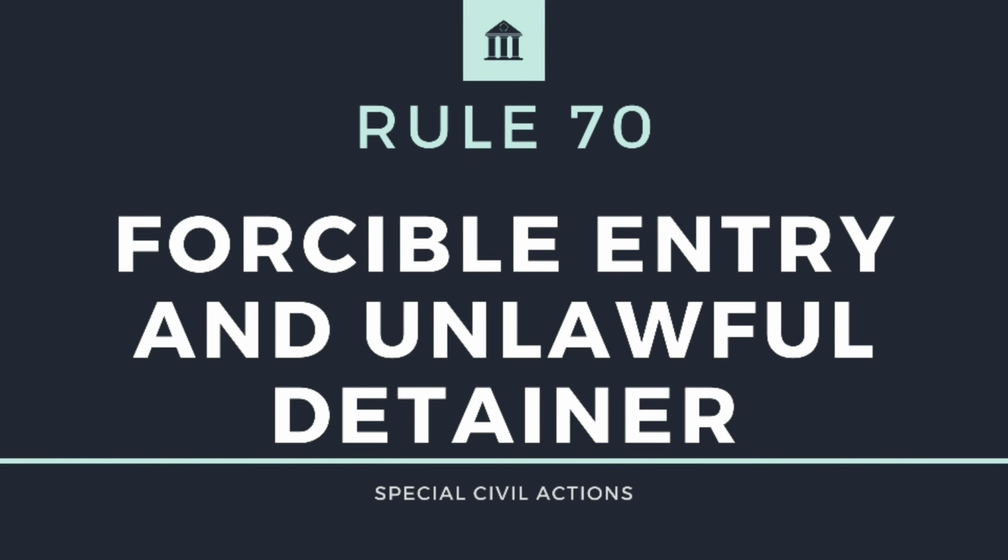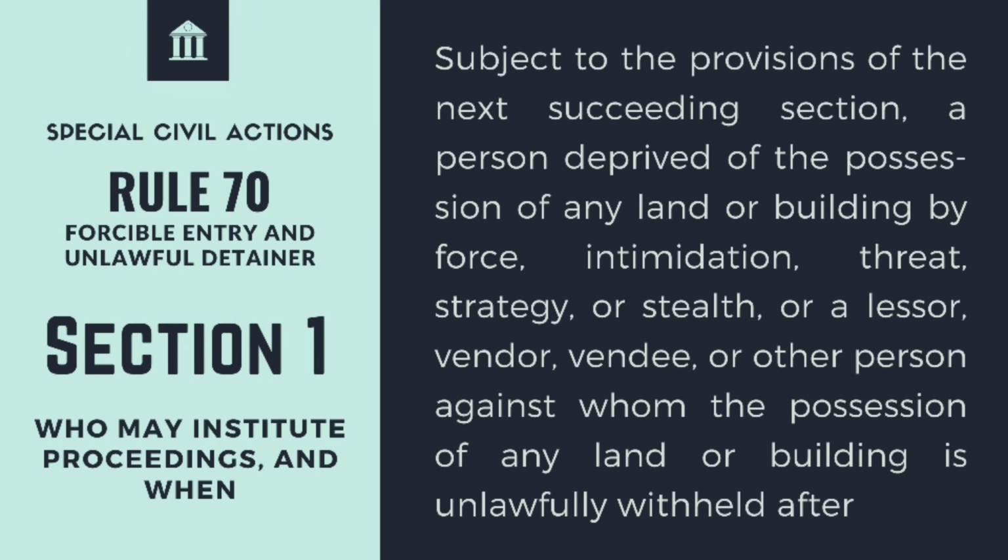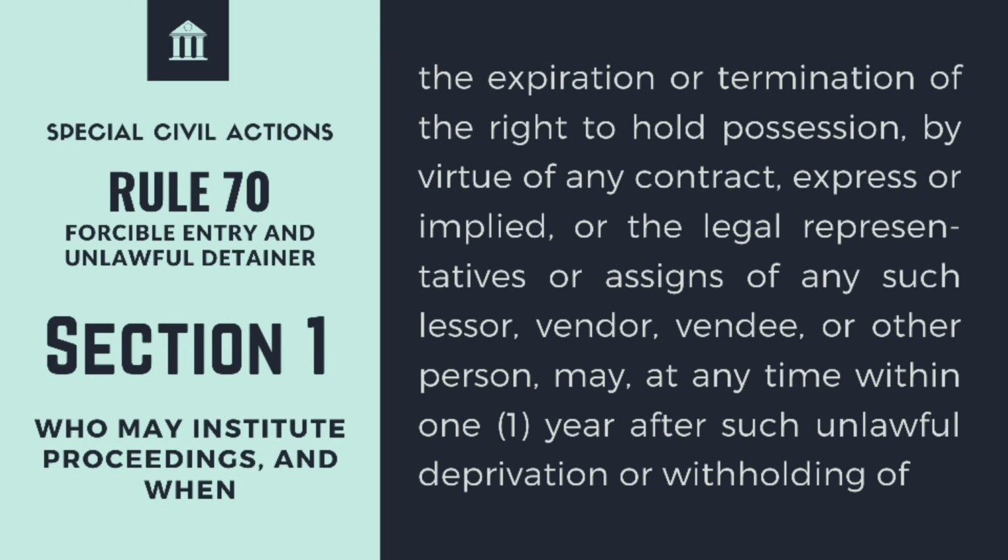Rule 70. Forcible entry and unlawful detainer. Section 1. Who may institute proceedings, and when? Subject to the provisions of the next succeeding section, a person deprived of the possession of any land or building by force, intimidation, threat, strategy, or stealth, or a lessor, vendor, vendee, or other person against whom the possession of any land or building is unlawfully withheld, after the expiration or termination of the right to hold possession,